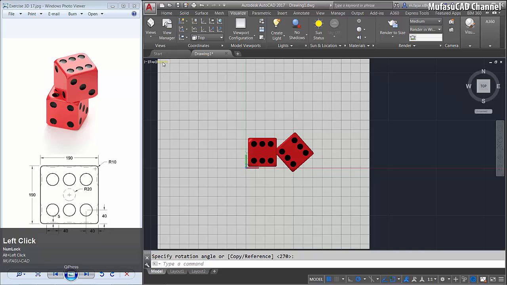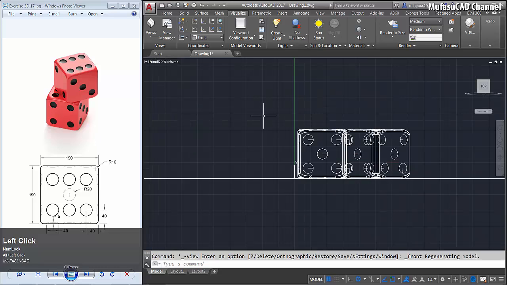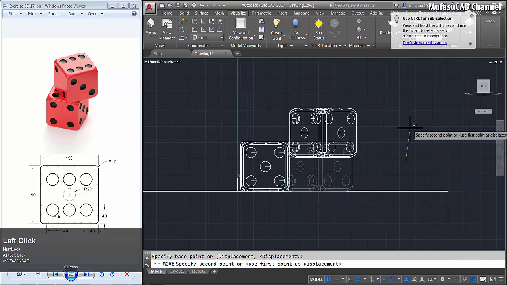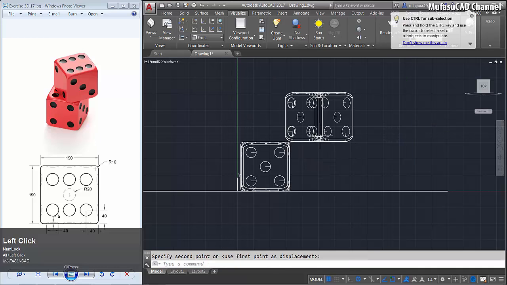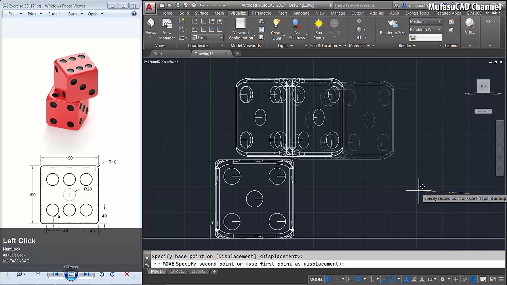Okay, and then I will change into 2D wireframe and change into front view. Move this object to the top here and move this object to the left here.